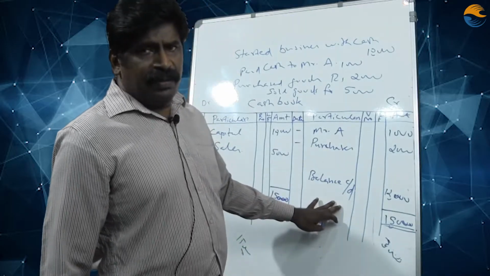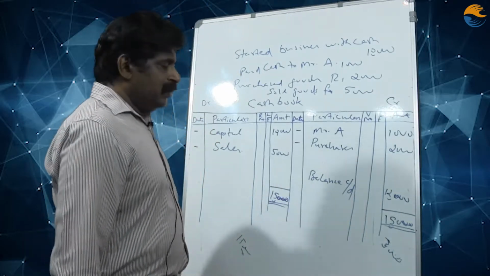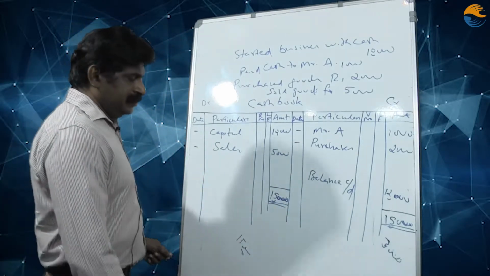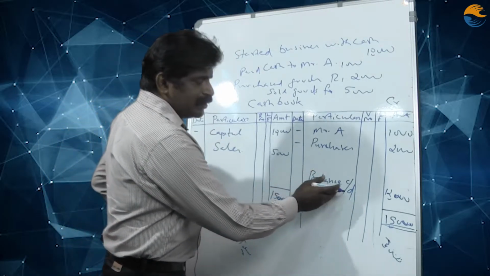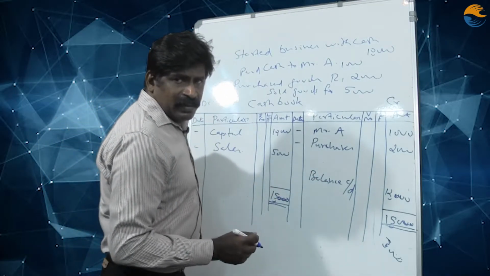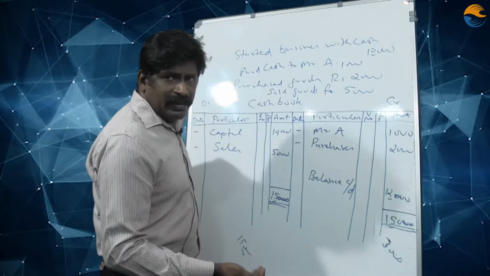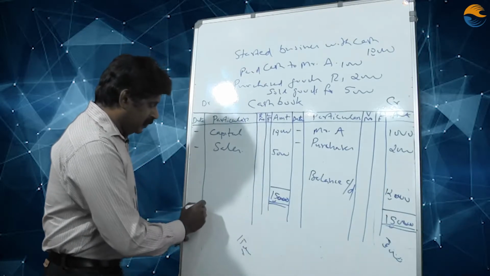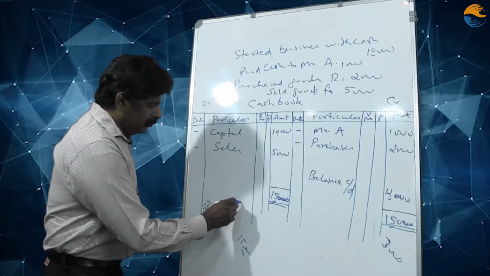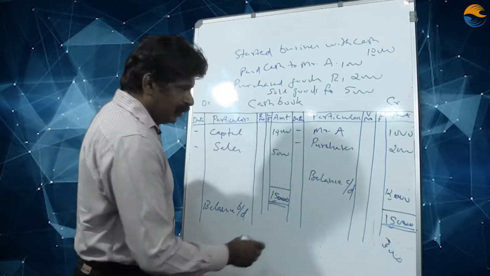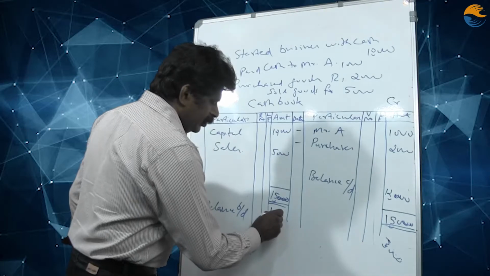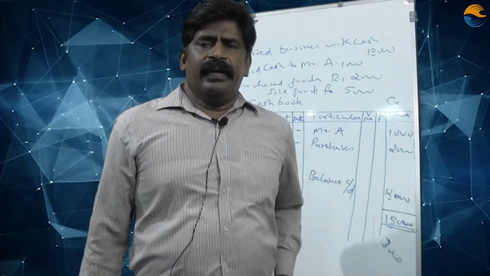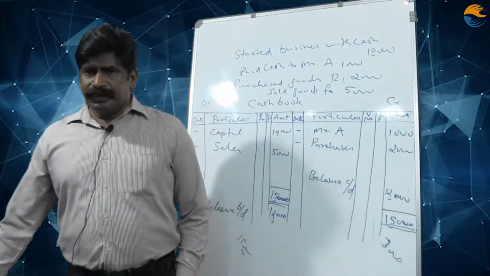After writing balance carried down, we have to write or bring down this balance on the other side. That means here balance carried down appears on the credit side. So the balance should be brought down to the debit side below the total column. Balance B/D means balance brought down. The same amount 12,000 will be shown here. So this is the process of totaling. I explained the process of totaling once more.